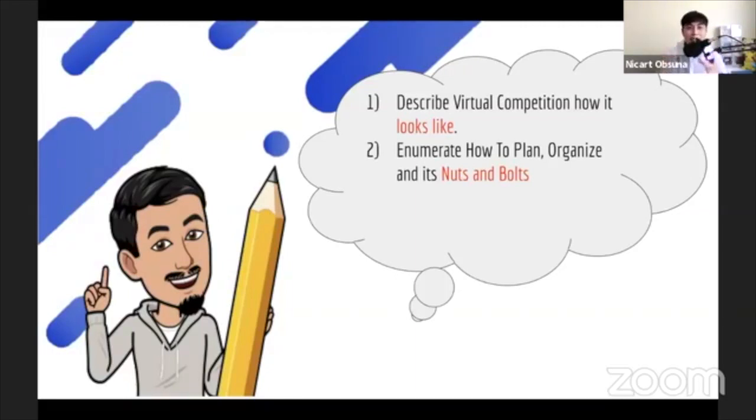Second would be, we will try to enumerate how to plan or organize, and we will try to elicit what are the nuts and bolts, diba? What are the things that we need to consider, from up and beyond. Okay, so pag sinabing nuts and bolts,